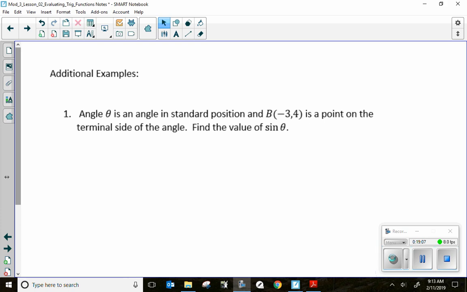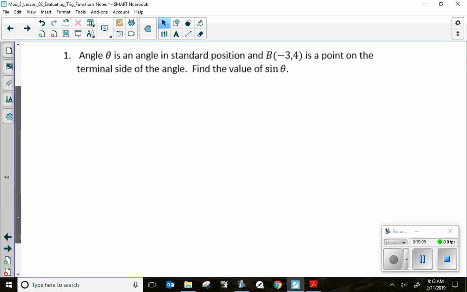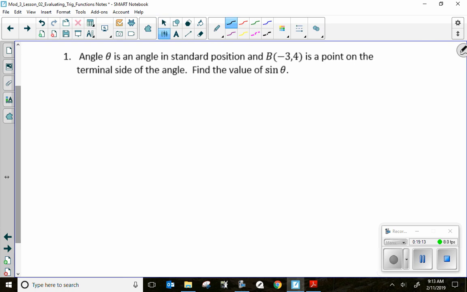This looks all sort of foreign, but you know what? Until we draw a picture, we really can't fully comprehend it sometimes unless we physically see it drawn out from the words to a picture. Some people need pictures. It's better. It's easier for them to learn. Okay? So I'm going to draw